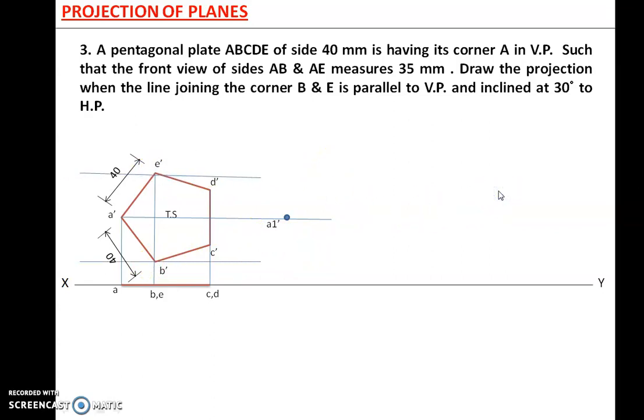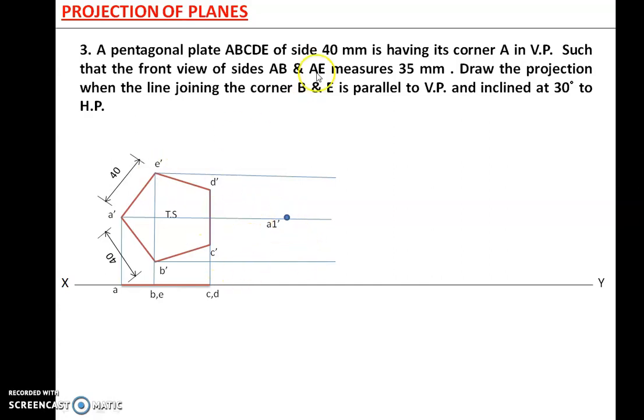I will project first the two. Why am I talking about this? Because here B and E are given, and A is common. Now I will try to find this. From this B point I will be finding B1 dash, and for this E I will be finding E1 dash. Now I have got A1 dash, and I have got the projector of B dash and the projector of E dash. So on this projector E1 dash will be there, and on this projector B1 dash will be there.